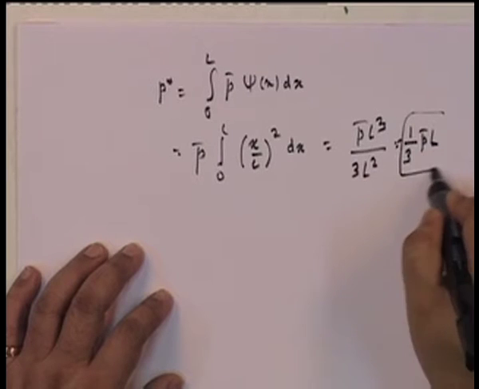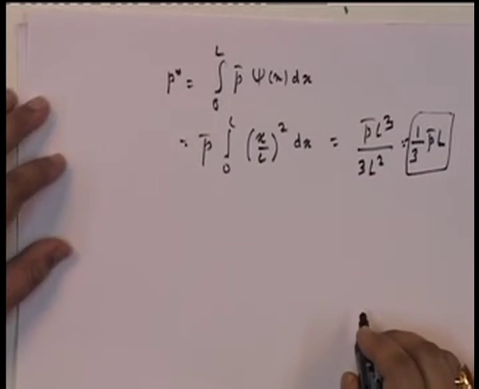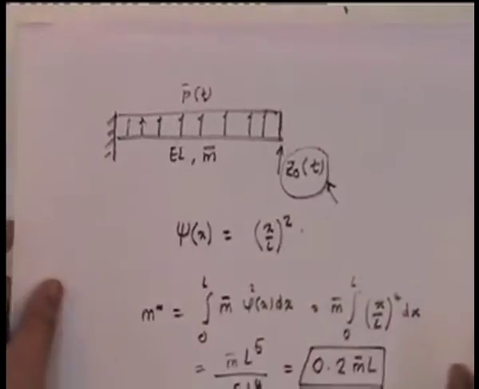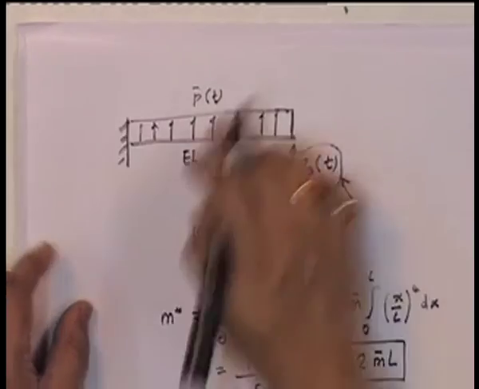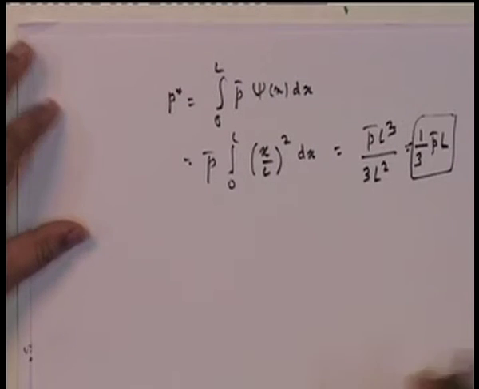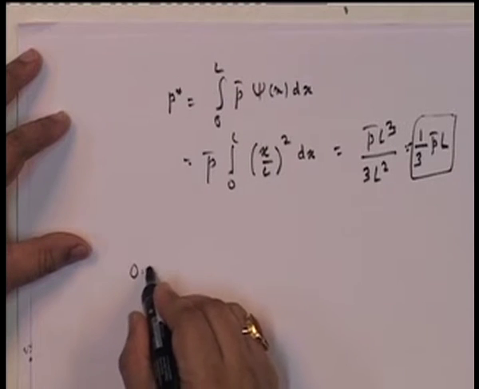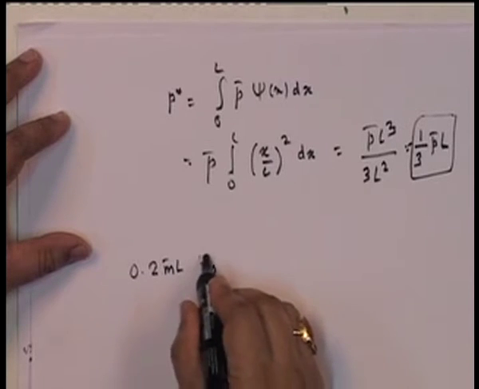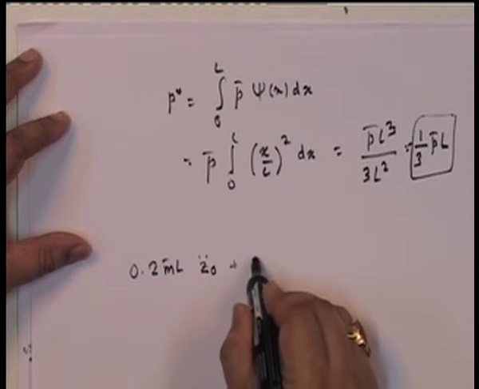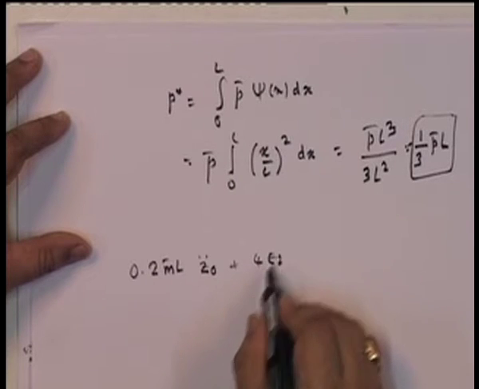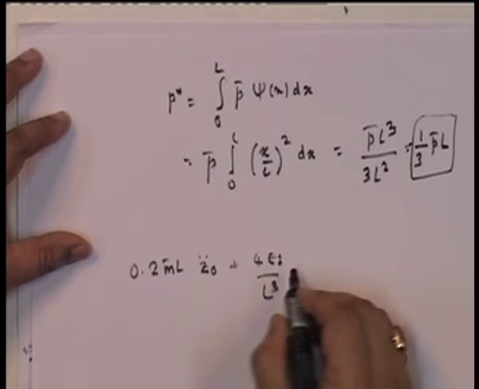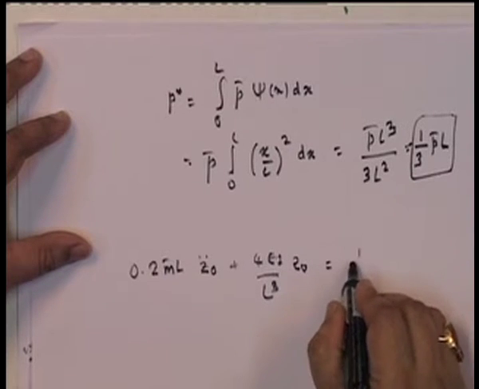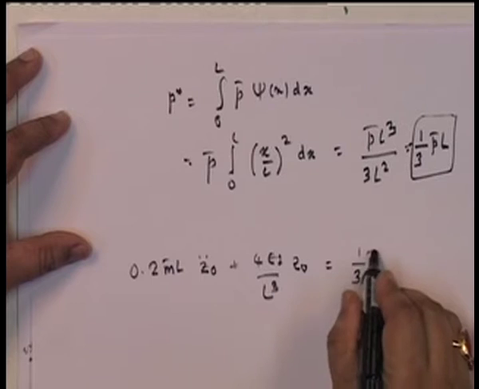So, ultimately what does my equation look like for this particular problem? It looks like this: 0.2 m bar L z naught plus 4 E I upon L cubed z naught is equal to 1/3 p